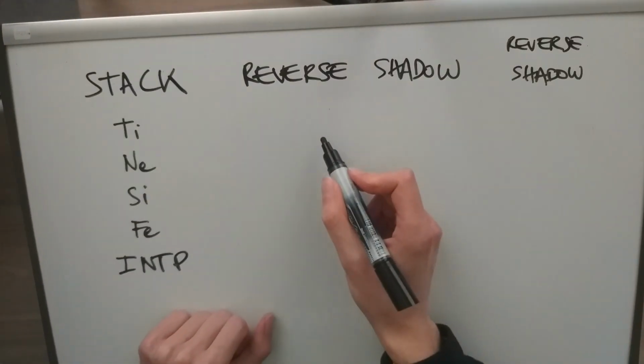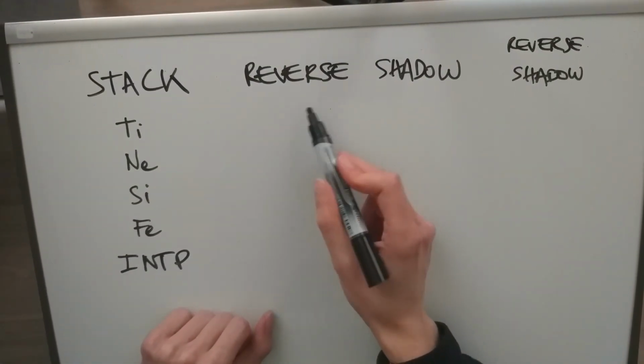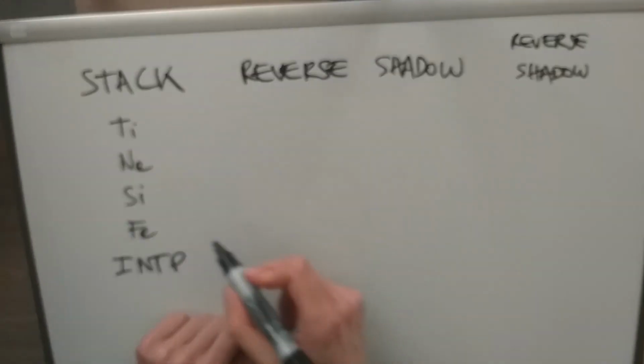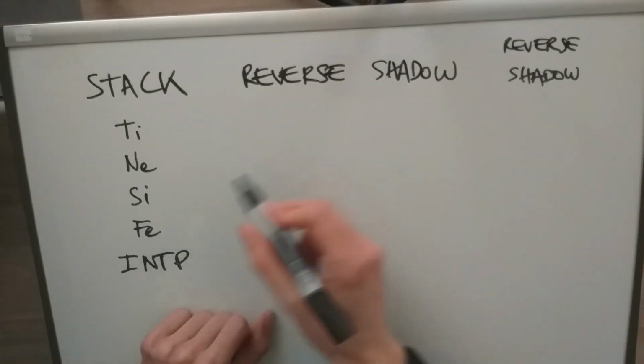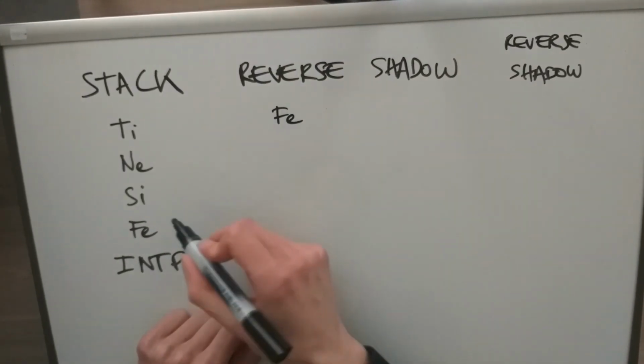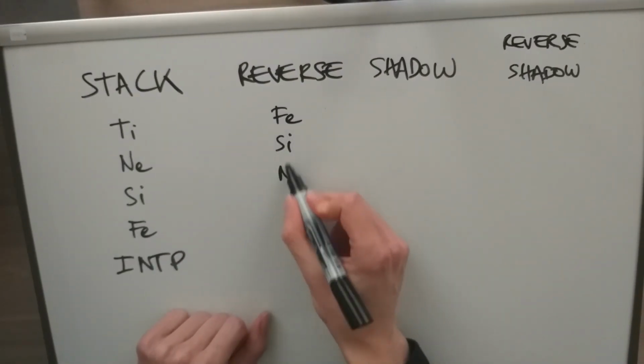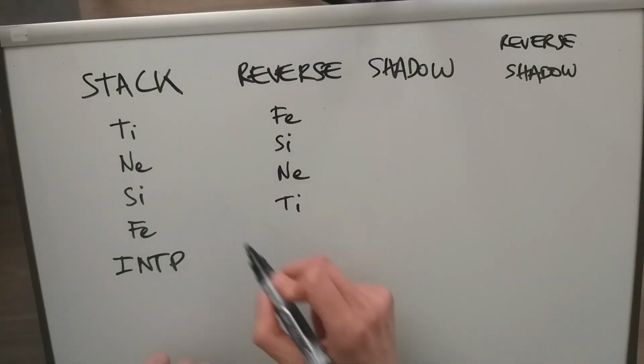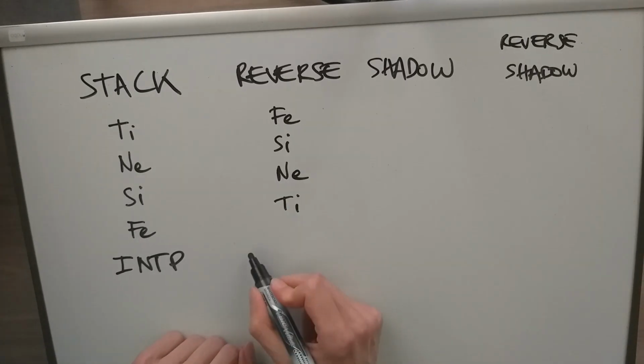So the reverse type is a type where the stack is in the opposite order. So in this case, we start with the last one, and so on. So it starts with Fi, then Se, then Ne, and then Ti. So this would be the reverse type. So if we convert it, we'll get